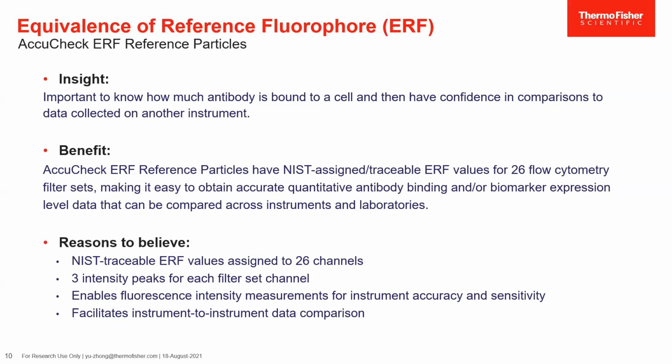It's like developing a ruler, in inches or meters. It's the same idea. But since flow cytometers have so many different excitation sources and emission channels, currently we have this NIST-traceable equivalent of reference fluorophore